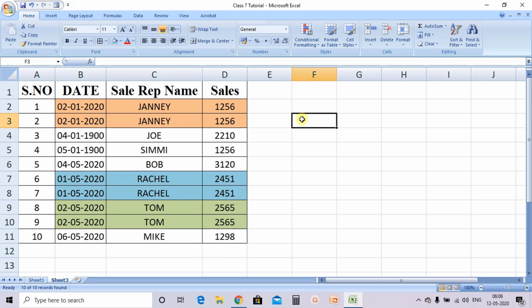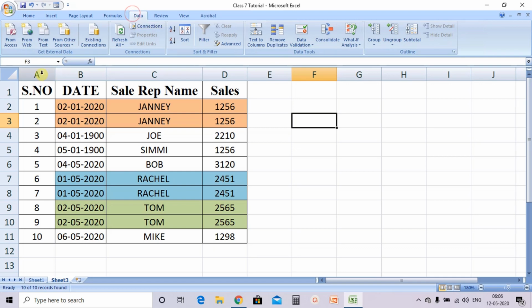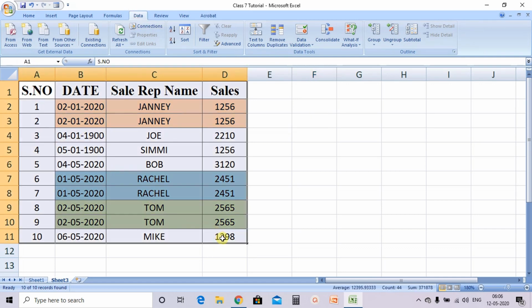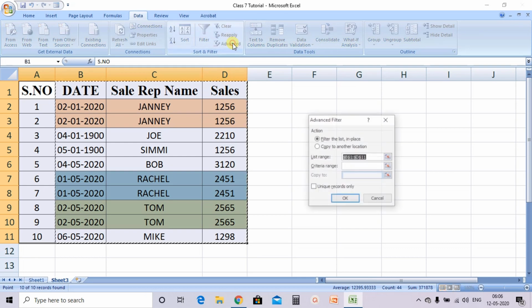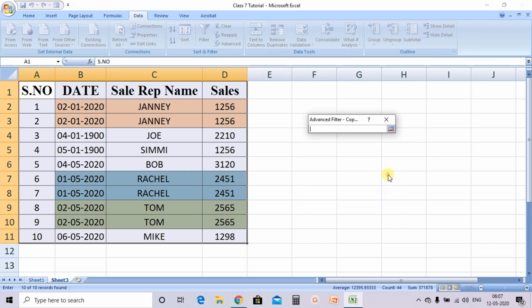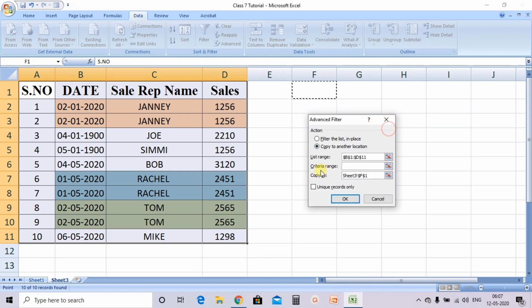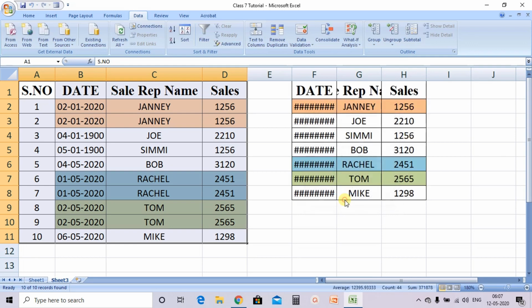Now take an example, go to the data tab, select all the data, go to advanced, choose the option copy to another location, then select this option copy to, click on this small arrow here, select a new location and choose the option unique records only and click on OK.